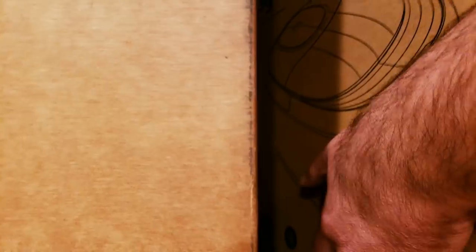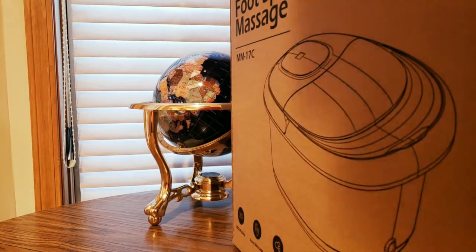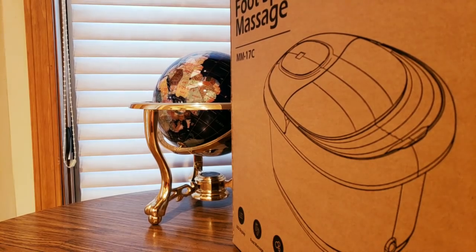Bam. Got that open. Oh boy. What is this? Oh boy. Man, this thing is huge. This thing is a big one. This is coming from Nursal on Amazon Prime. And we have,